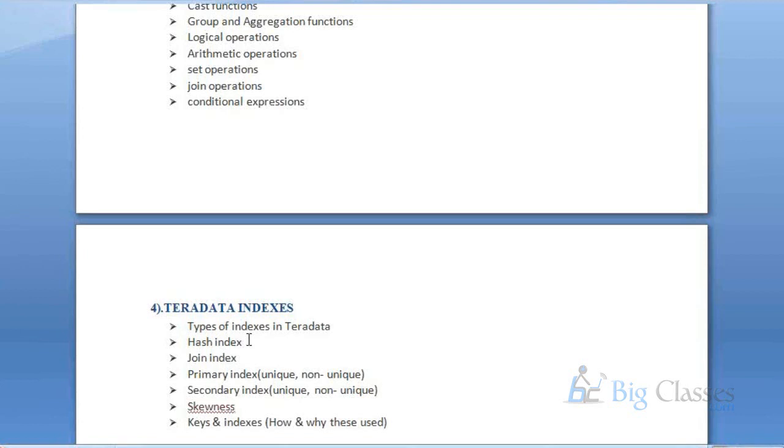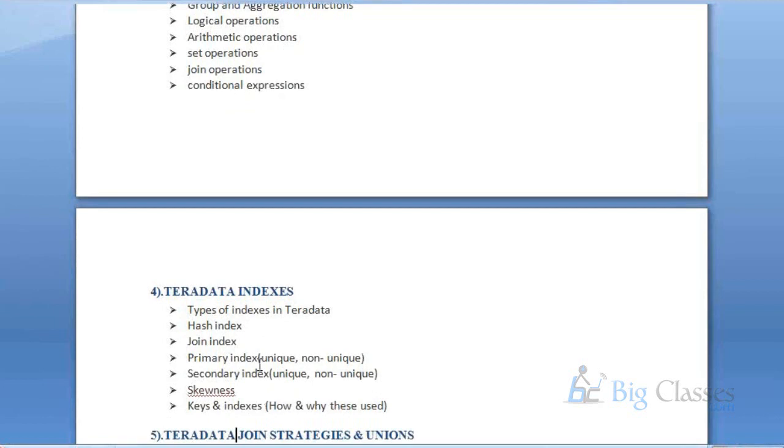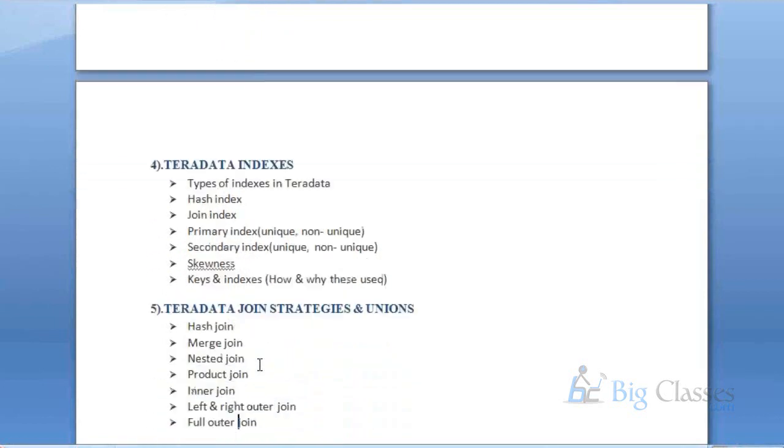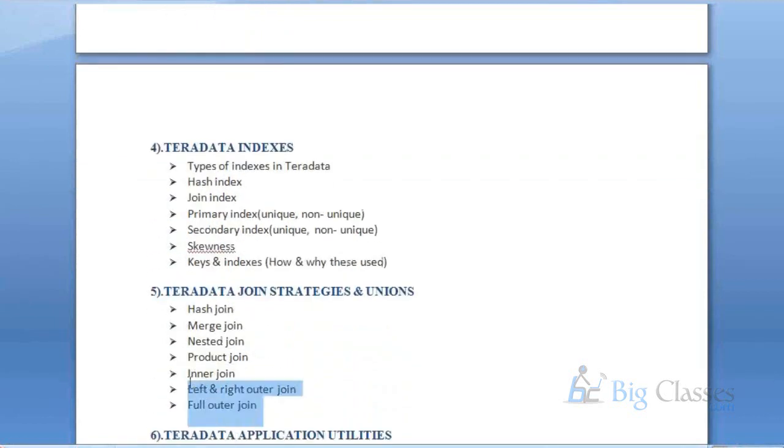Because we write so many complex queries in real time, using select only, but while retrieving the data we use so many joins and so much complex logic. So we should know the fundamentals, like what an index is and how the distribution happens with the different AMPs in Teradata. Then only can we frame a query without performance issues. We'll be talking about Teradata indexes, and then some joins like inner join, outer join, and